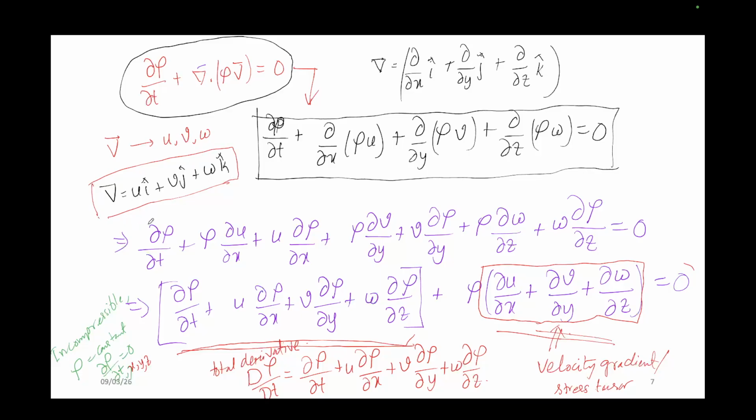You need to check whether the summation of all these terms is 0. If it is 0, then the continuity equation is followed. Else, it will not follow. So the question can be like that,